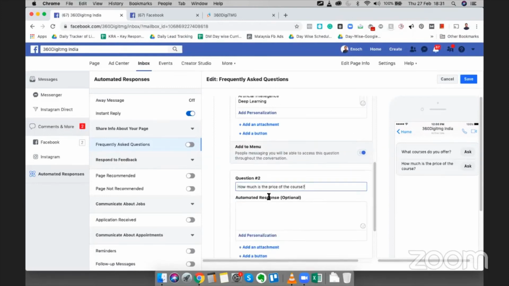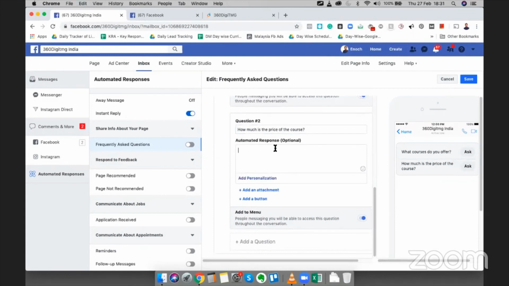I'm going to add a second question: How much is the price of the course? I'm just writing a response. Prices vary from program to program. Please get in touch with us to get the best price for a program of your choice.